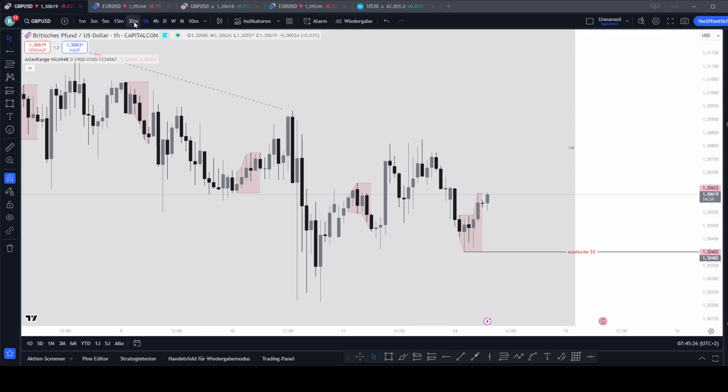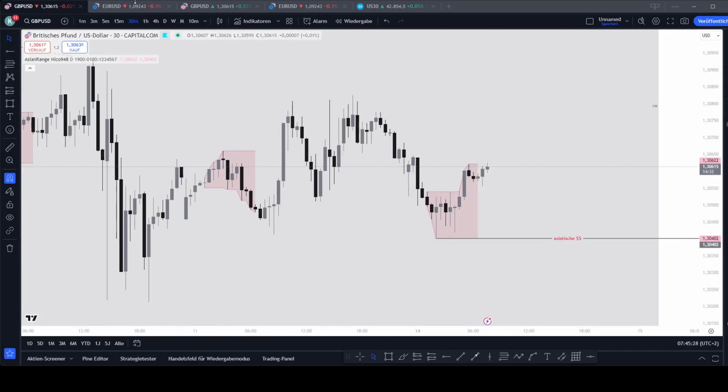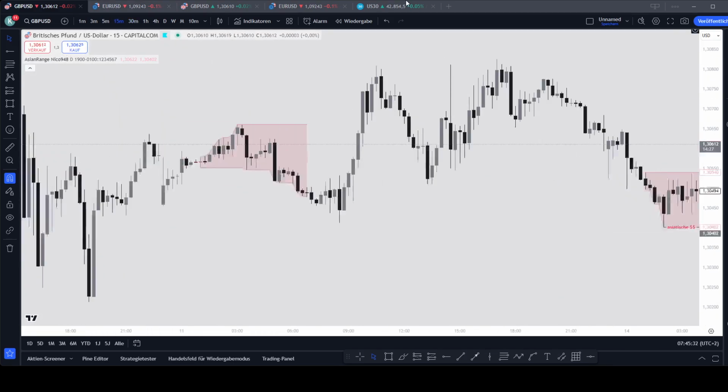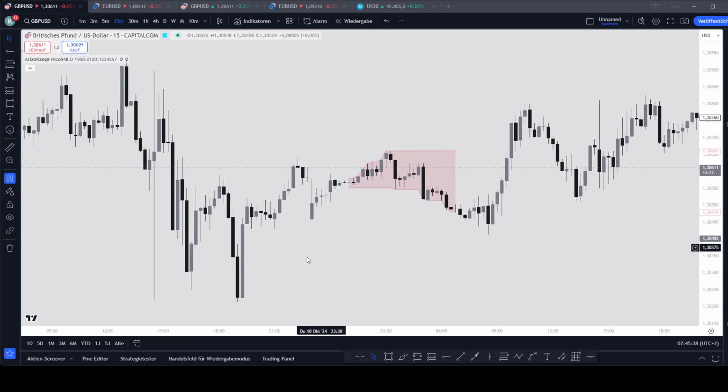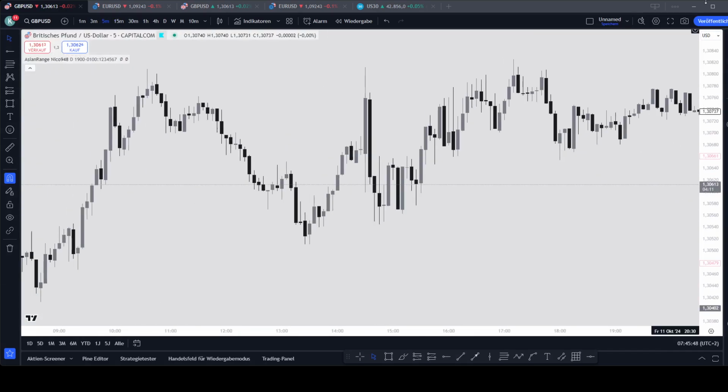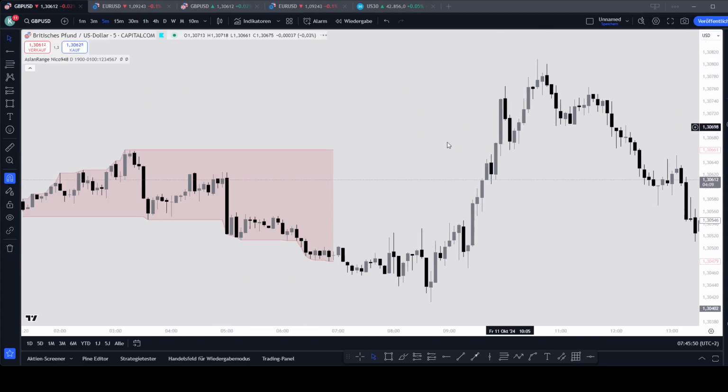So scaling now into the 30-minute time frame and into the 15-minute time frame, I'm scaling down until I'm able to spot a demand zone which has not been mitigated. For example, this is a 15-minute demand zone because this was the lowest point that broke the structure and went to the upside, telling us price has been bullish. And if I scale more down to the 5-minute time frame, I think I'll be able to spot